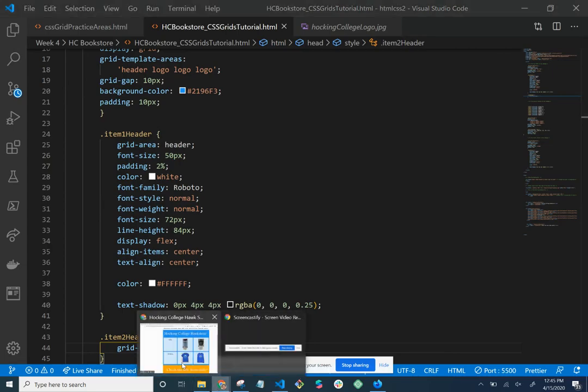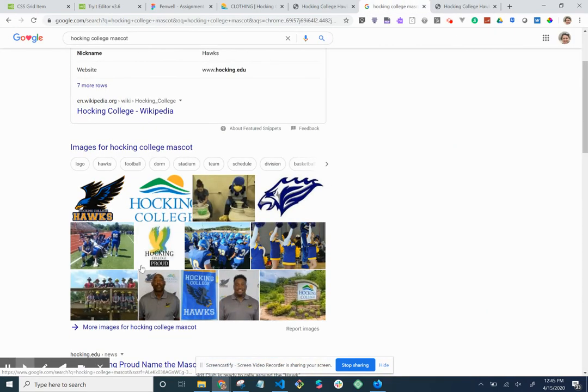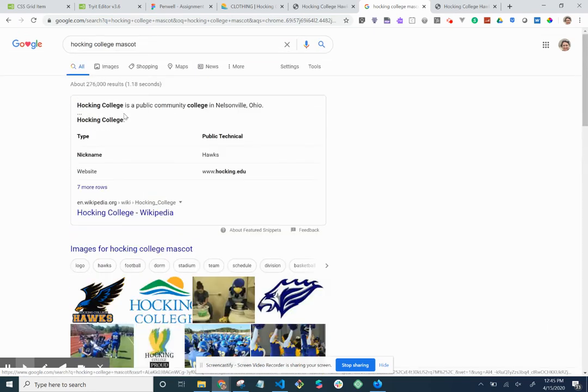So let's go find the logo. Hocking College mascot. This one was a very long URL. Let me see if I can find another one. That is everything except for something there. Okay. Yeah,